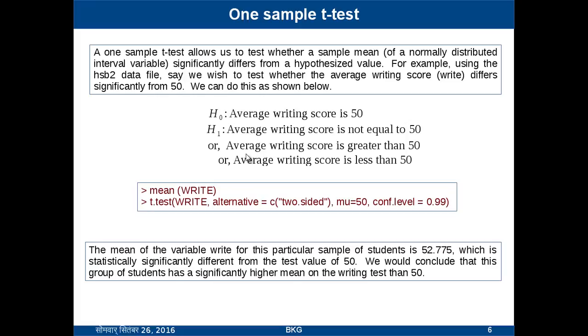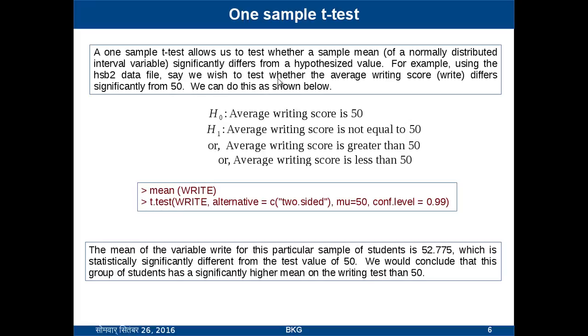Now the alternative can be any of these three. Average writing score is not equal to 50, that means it is a two-tailed test. Average writing score can be greater than 50, that is right tail test, and average writing score can be less than 50, that is left tail test. So first we should know the mean or average value of the writing score of the 200 respondents, and the R code is mean of the variable write, and the testing